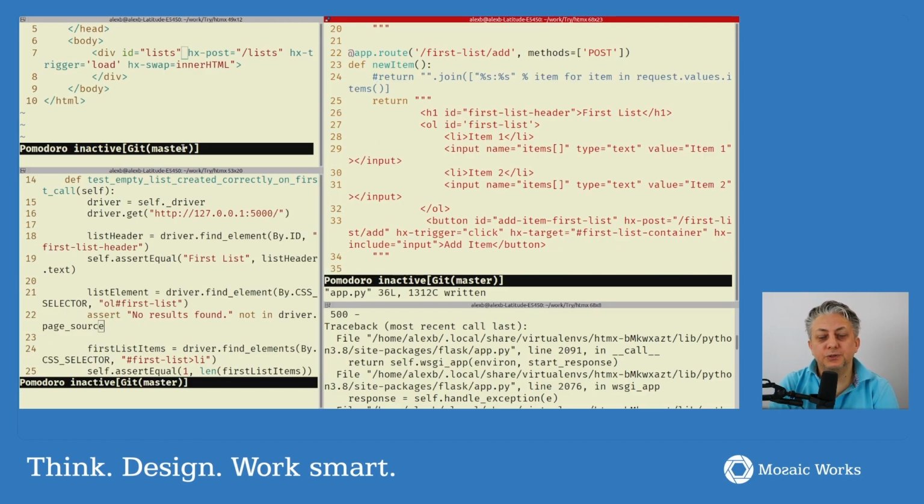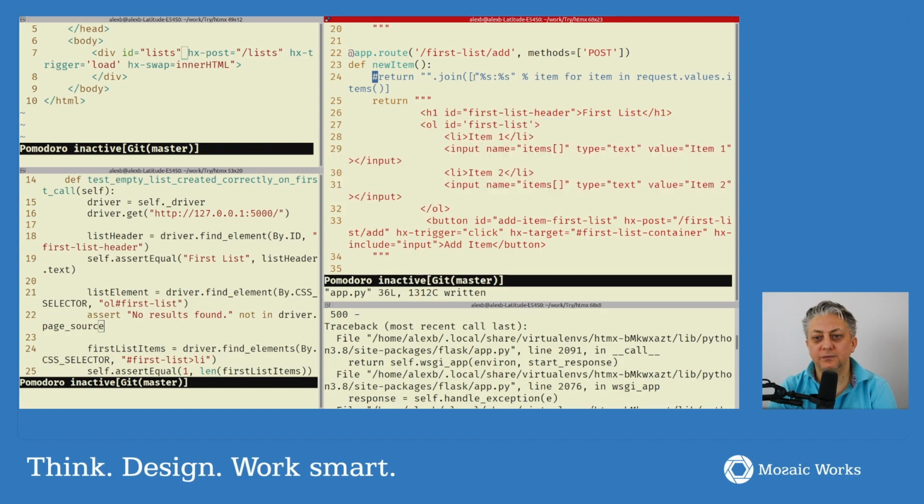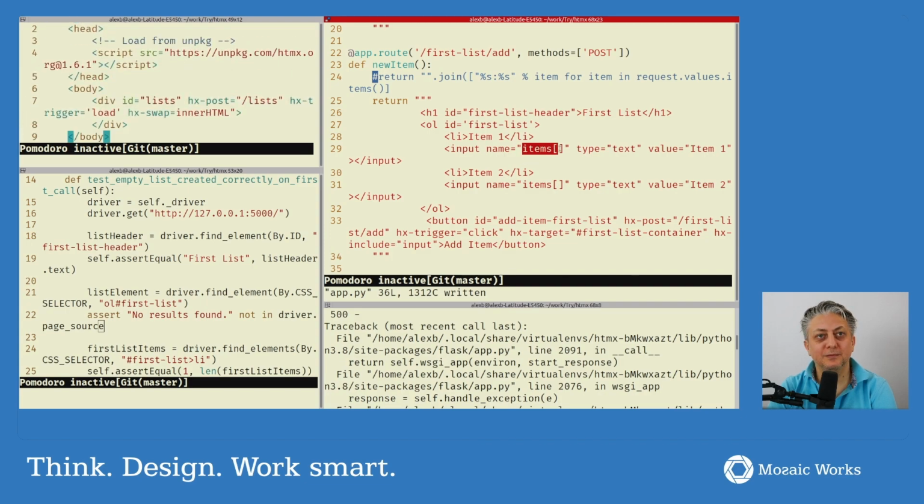Okay, so I guess we'll stop here for now and we'll continue with refactoring this in a way that allows us to add more elements. And in order to do so, basically what I want to do is to build this part by using the data from the variable items that is getting sent through post. All right,